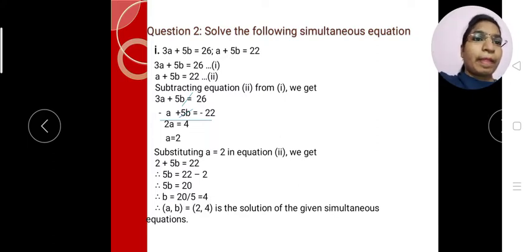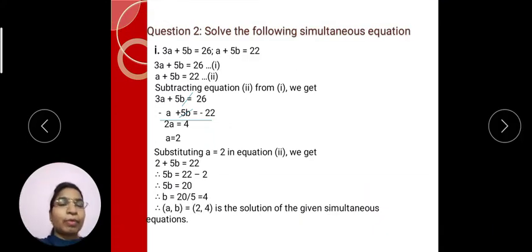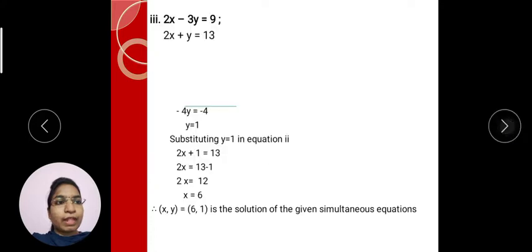Friends, today I am explaining to you the substitution and elimination method, with some examples which are in practice set 1.1, question number 2. See students, yesterday also I explained this example. You have to tally your answer. You wrote it in your notebook, so you tally your answer like this. In this way, every step you have to write in your notebook. These two examples I explained yesterday. Now the remaining examples: how to solve the given simultaneous equation.